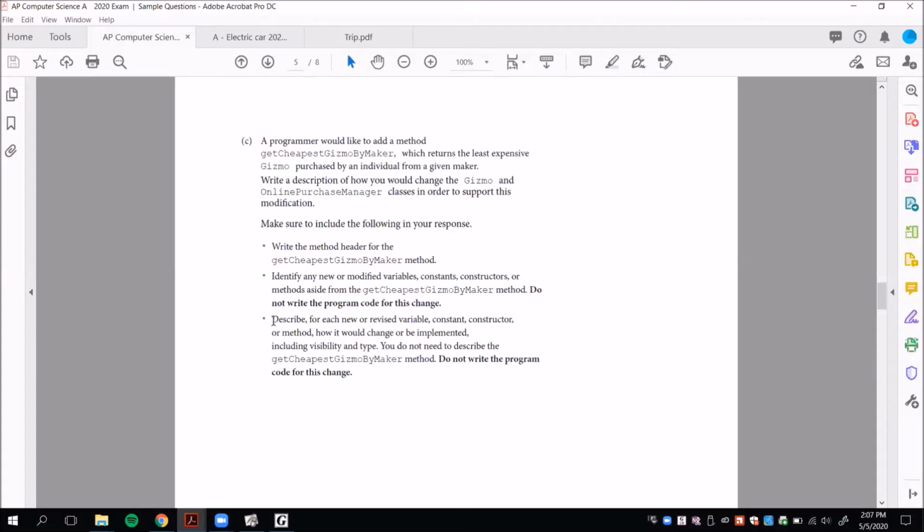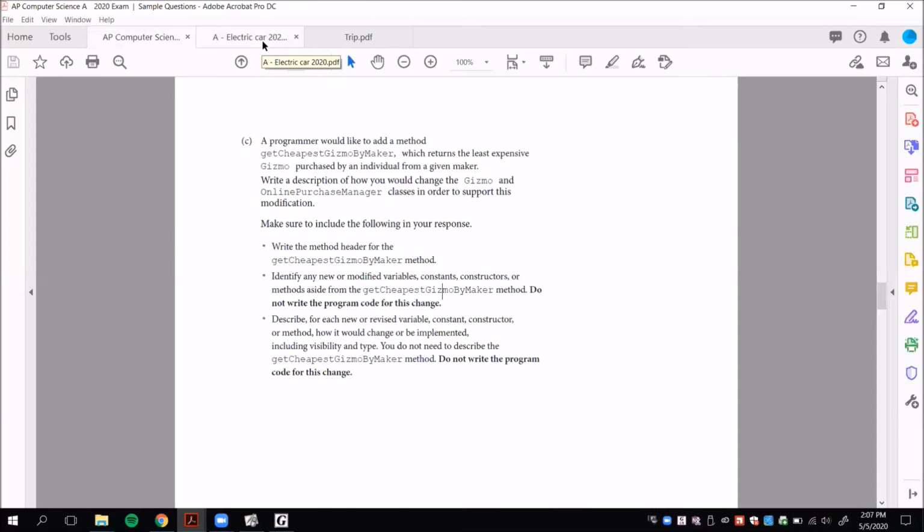And it says other methods. I mean, maybe you'd make a helper method for this. You don't have to necessarily, but it might make sense. And one thing to emphasize is, like it says here, do not write any code. That is not what you're doing here. That's the basic idea behind these